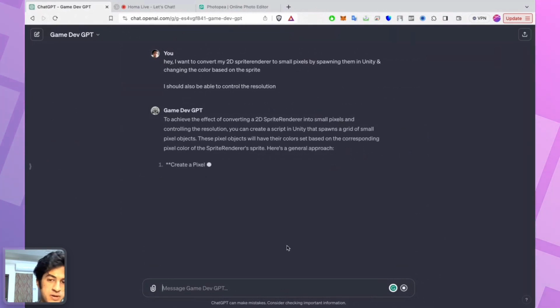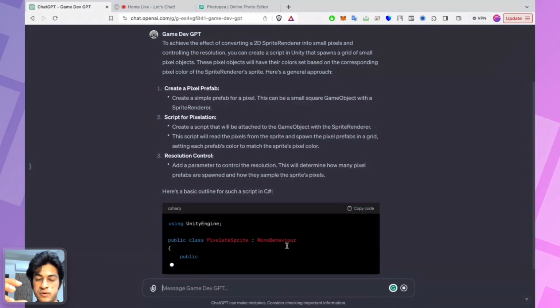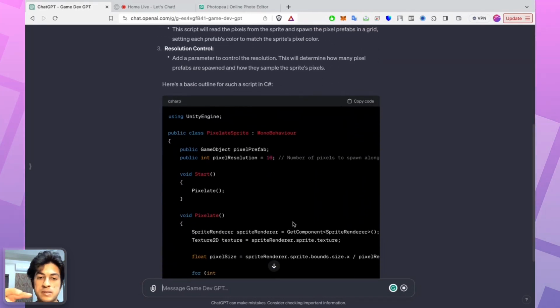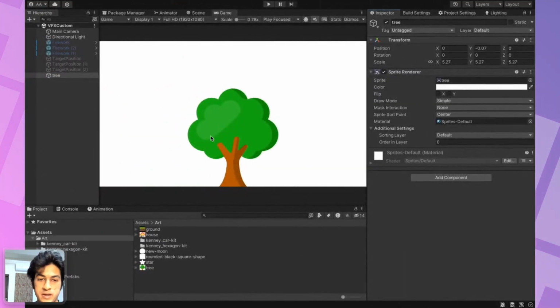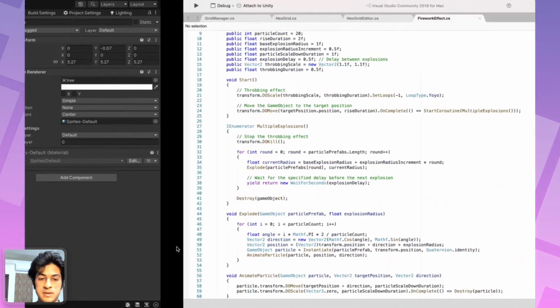So there's a very popular plugin, a very popular effect for 3D called soft body, in which objects can be broken down and really have a jelly effect. I want to do something similar, but in a pixel format for 2D sprites. So we break it down into pixels and we can then destroy them or move them around from the tree. You could do that with any 2D sprite. So I think that is a cool effect you can add to your 2D games.